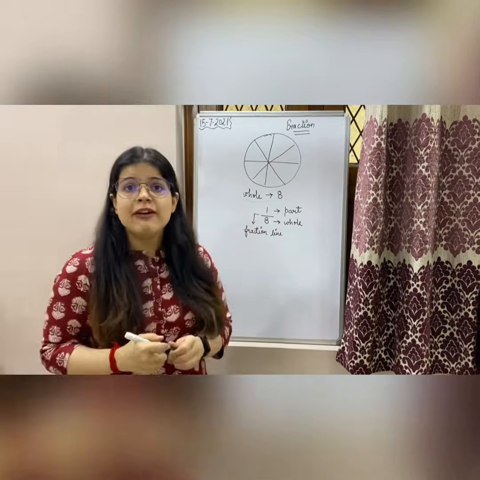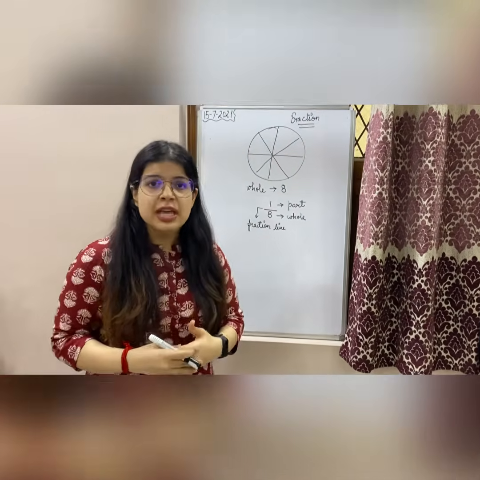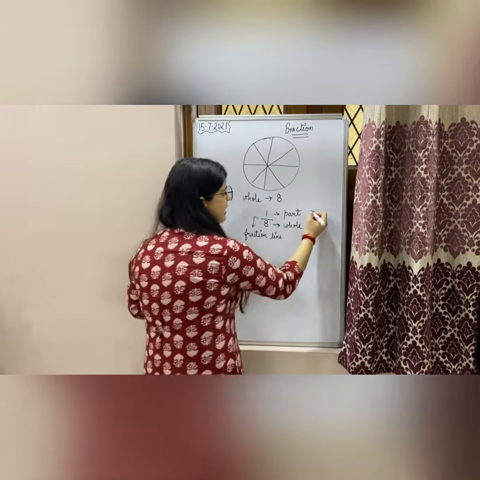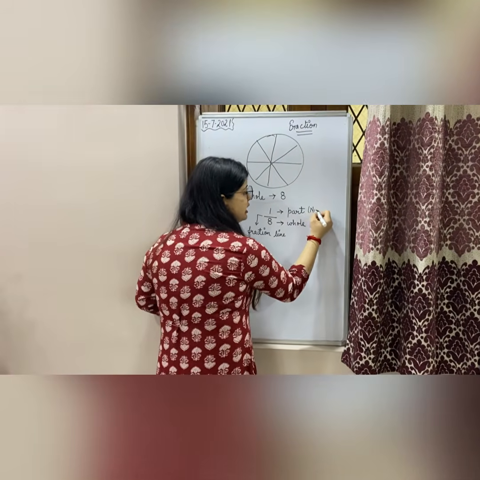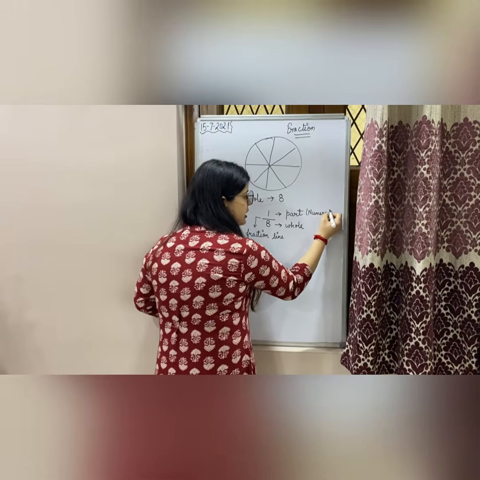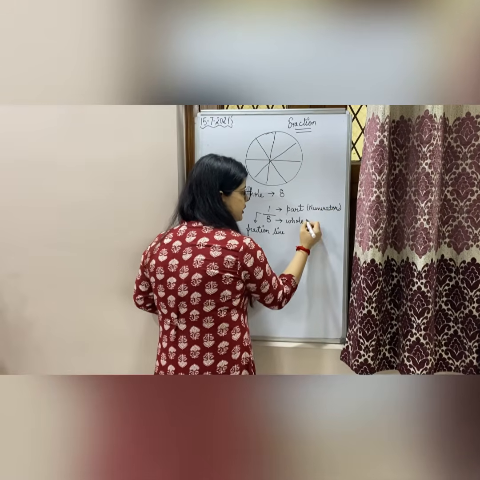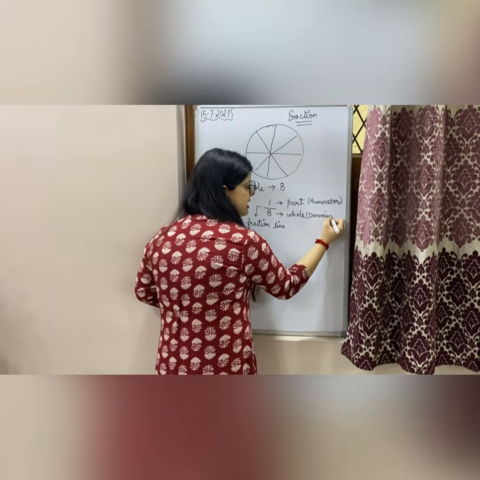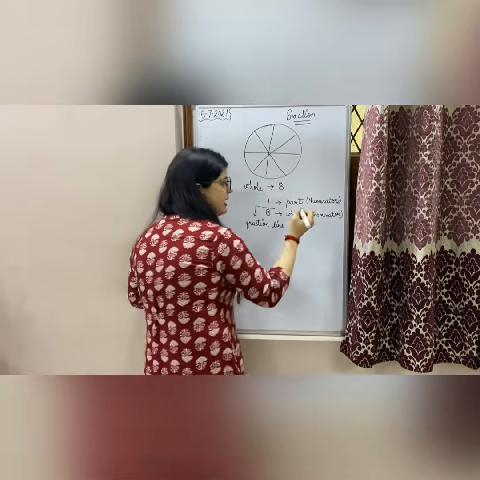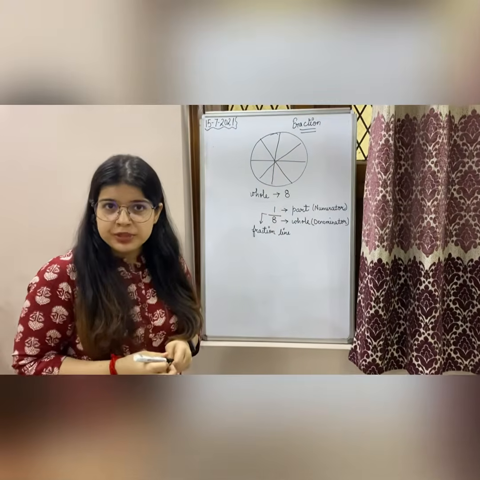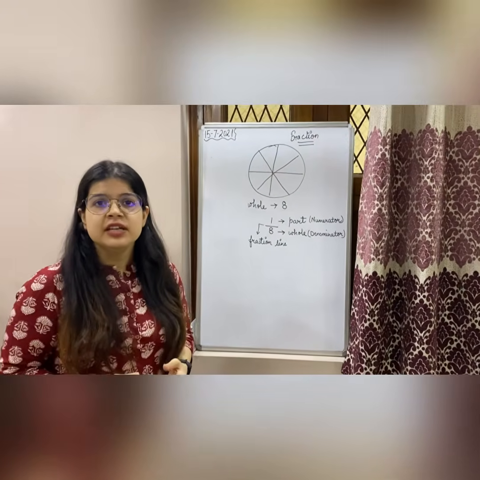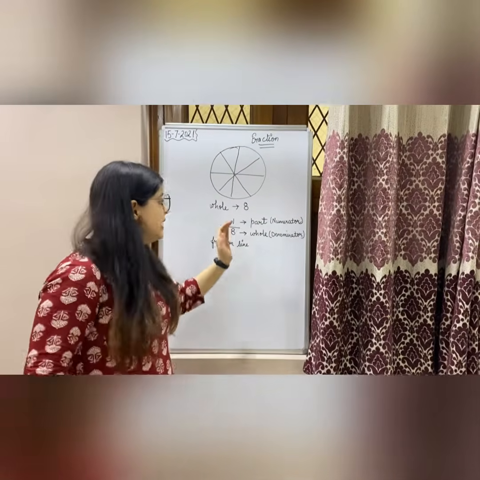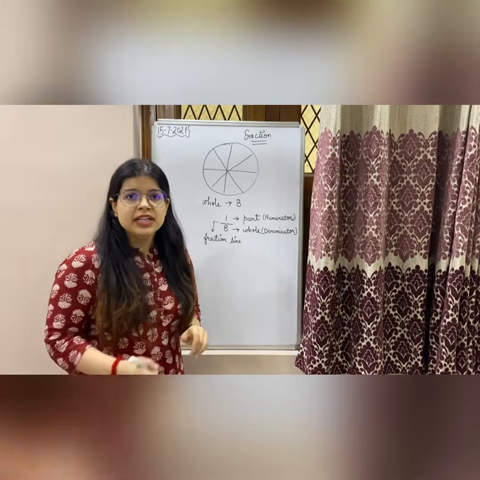So whenever you have to show a fraction, the part always comes in the numerator section and the whole comes in the denominator section. So this is your part, and part is numerator and whole is your denominator. We never write whole in the numerator or part in the denominator. This is the very fixed rule. Part will always come in the numerator and whole will come in the denominator.